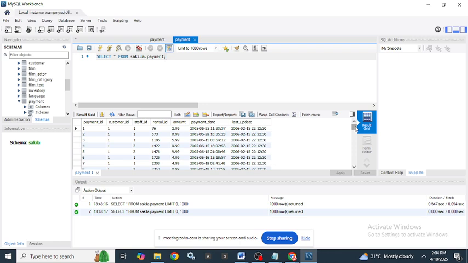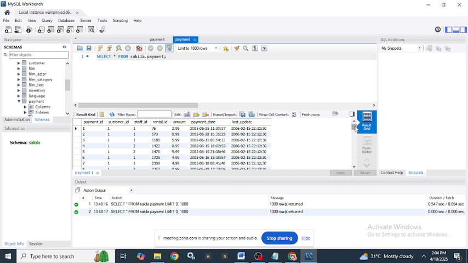And anytime I talk about variables, I'm talking about each column in the database table. So looking at this, you can see payment_id, customer_id, staff_id, rental_id, amount, payment